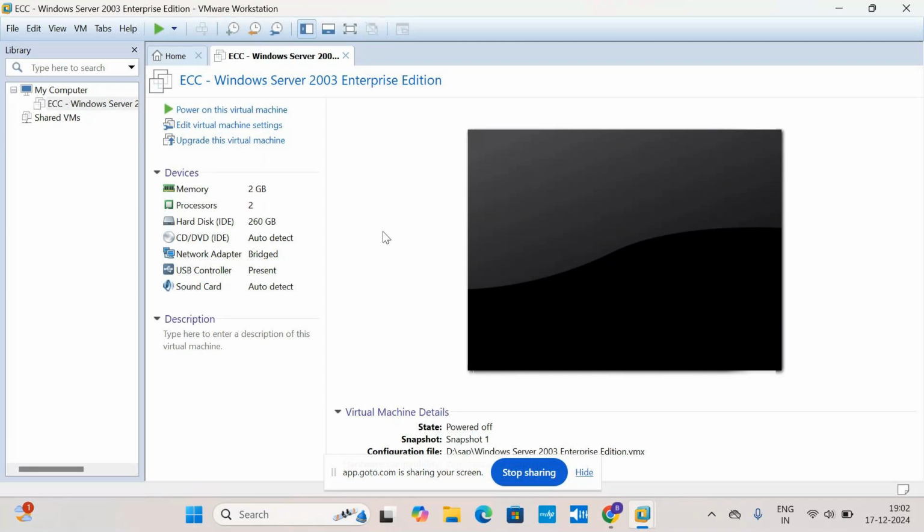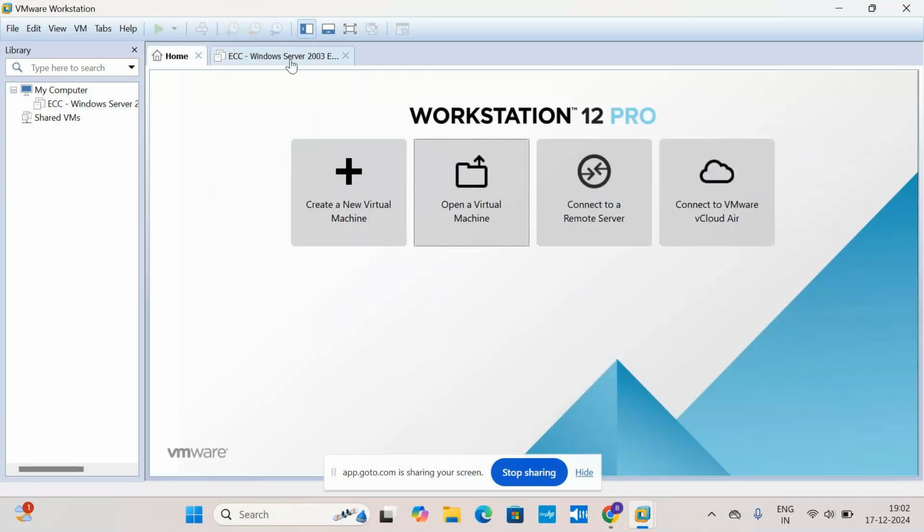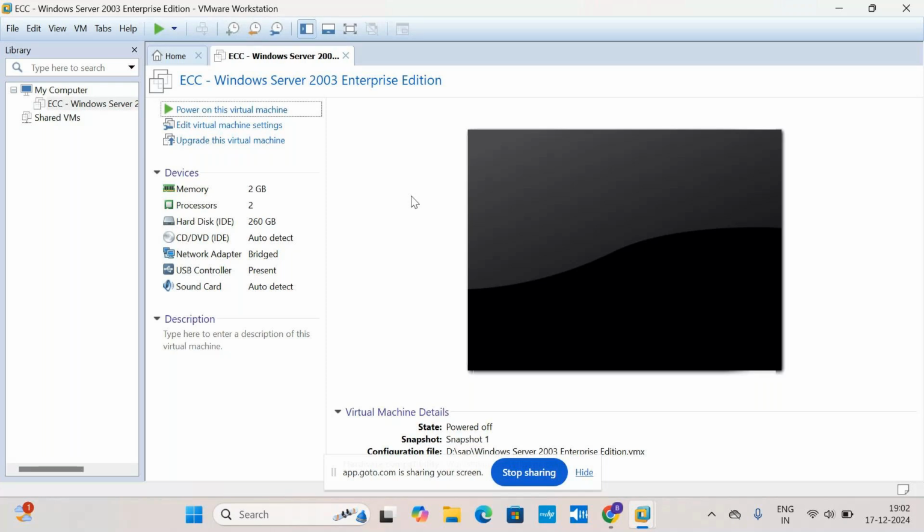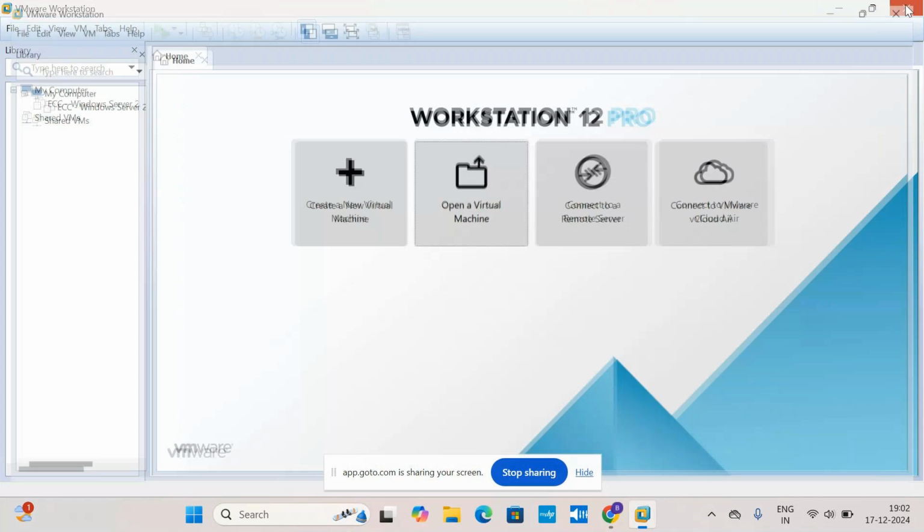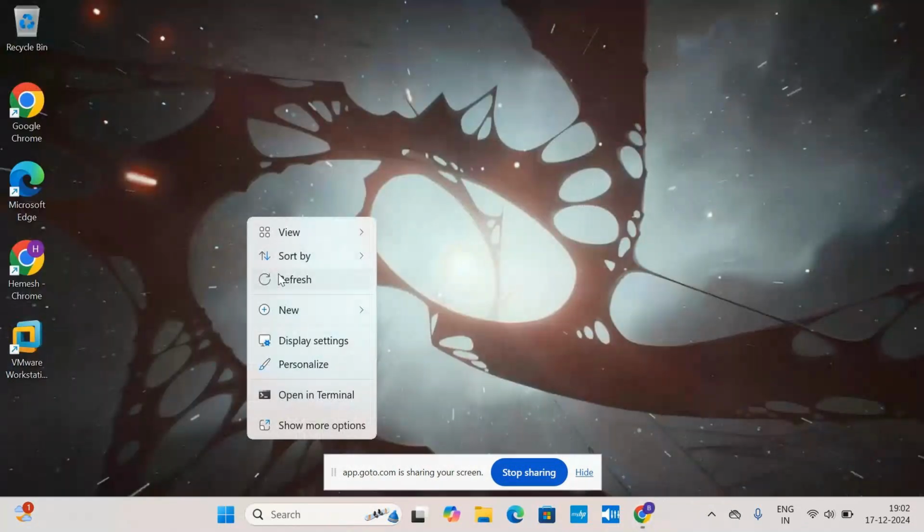There is some more option displaying. No, 2003. Close it. I'll show you once again. We can choose another option if it is possible. Okay, close it and reopen the software once. I'll try to solve. If not, then you can contact the admin sir who has installed it.